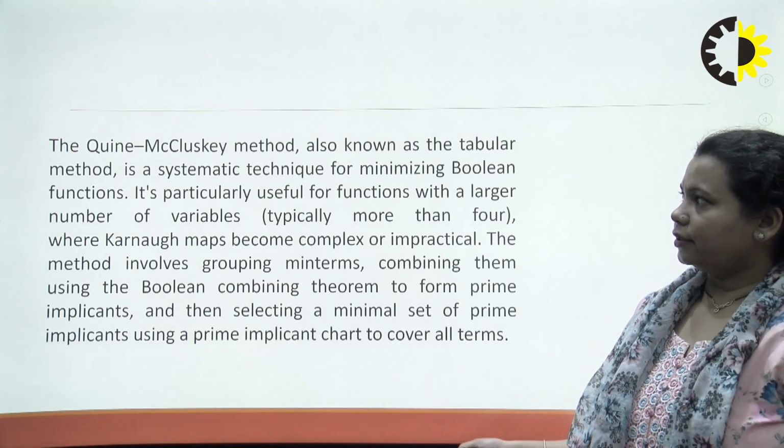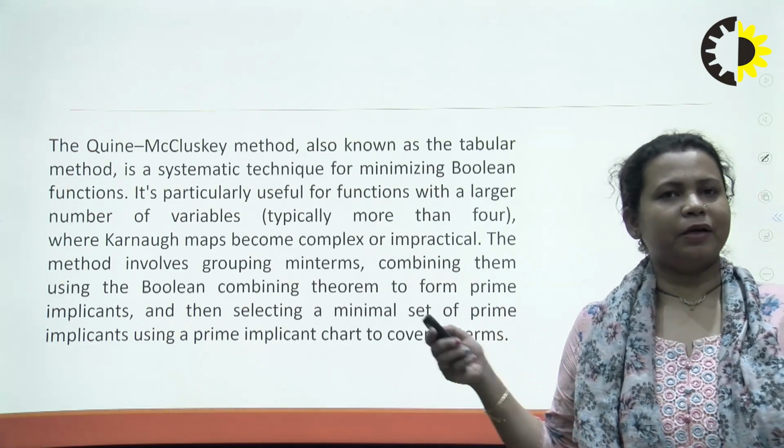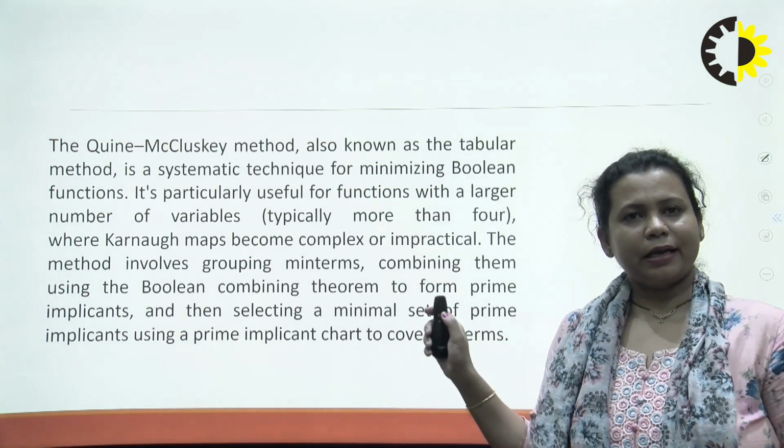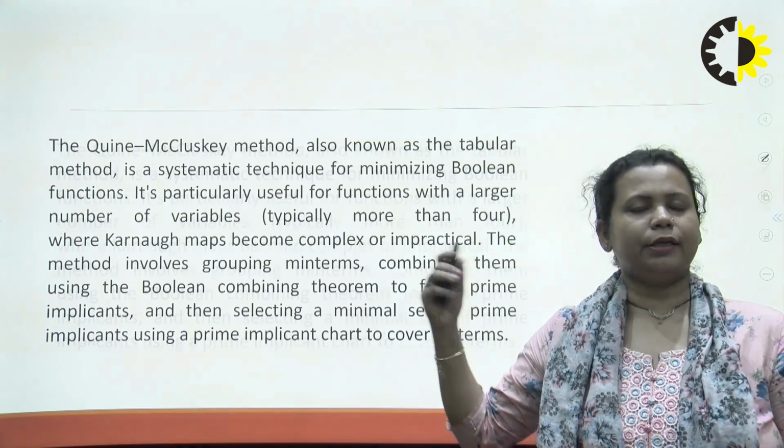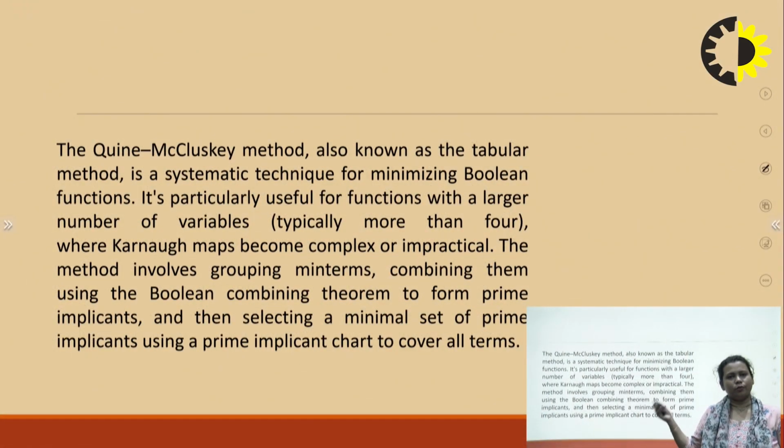So Quine-McCluskey method is basically a minimizing technique, and this is the same as what you have learned about K-map, but K-map is restricted up to certain variables. So if the number of variables is more, it is easy to use this method as compared to K-map, right? Till 4 variables, 5 variables, K-map works very fine. Beyond that, we have to use this Quine-McCluskey method. Till 4 variables K-map is fine, but beyond that it is complex and becomes impractical, right? So that is why we are using this method, and this is a very important method.